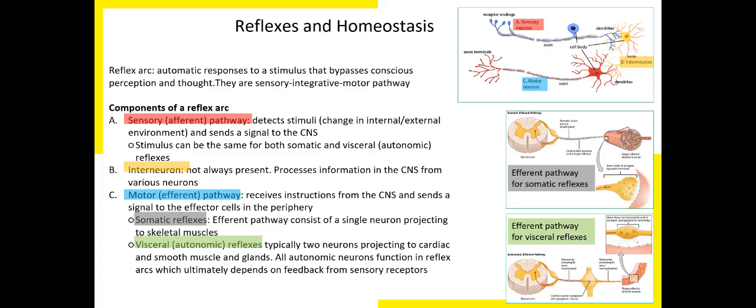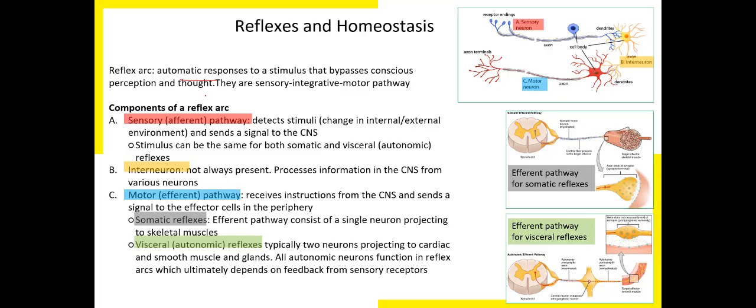Which brings me to this, reflexes and homeostasis. So you know homeostasis is steady state within the body. A reflex, or a reflex arc, is an arc which has 3 different components. And a reflex arc is an automatic response to a stimulus that bypasses conscious perception or thought. So again,